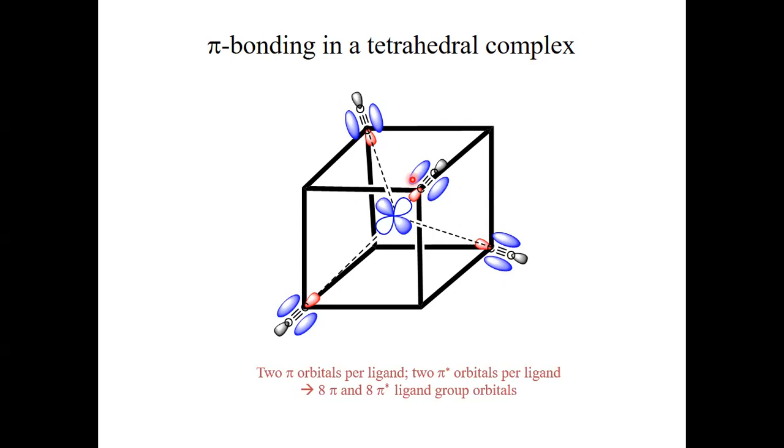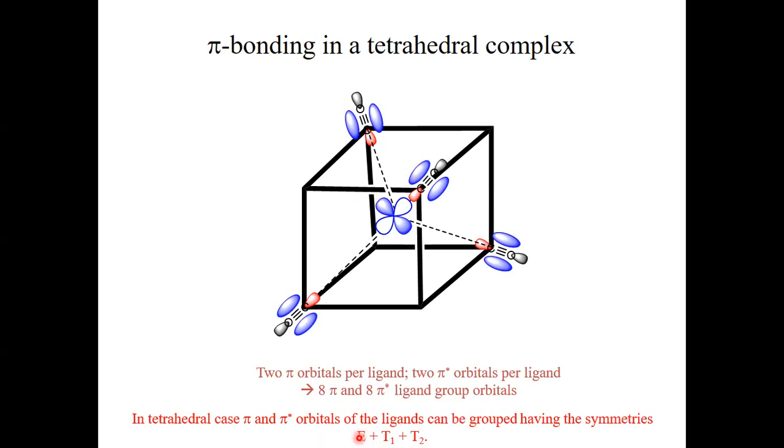So we can group the pi orbitals together to form ligand group orbitals, and we can group the pi star orbitals together to form another set of ligand group orbitals. We can again apply the symmetry adapted linear combination of atomic orbitals method in order to determine the symmetry types via the reducible representation and the reduction formula that gives you the irreducible representations. If you applied this formalism, you would find that there are 2 ligand group orbitals that have the symmetry type E, and 3 ligand group orbitals that have the symmetry type T1, and another 3 that have the symmetry type T2. So that gives overall 8. Okay, so 2 plus 3 plus 3 gives 8. So we have E plus T1 plus T2 for both the pi and the pi star